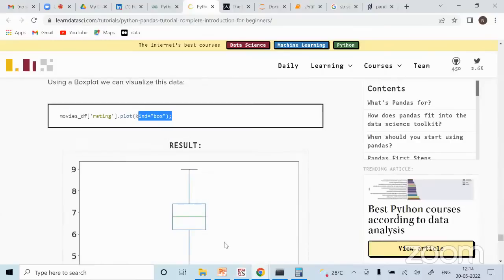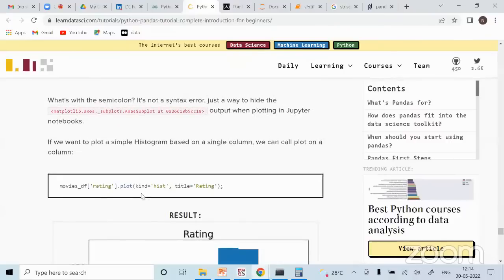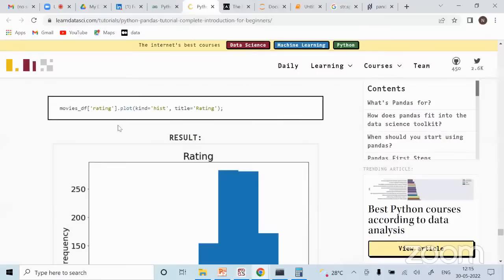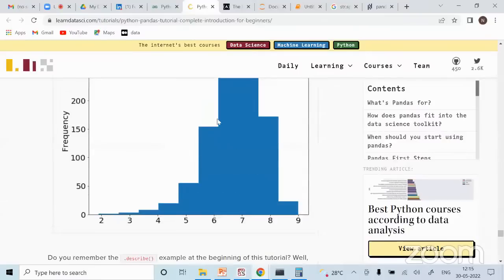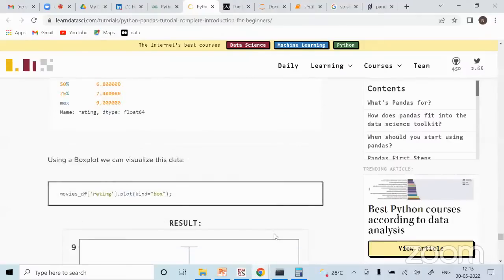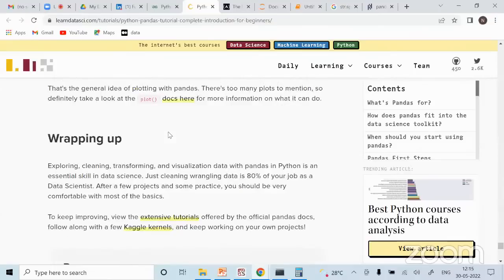I'm not going into detail on what a box plot is today because we have another session for that. For your knowledge, you should know that you simply give a column name, dot plot, and tell what kind of plot you want. If it is a histogram, you can type hist and you will get it. Box plot you will get, bar plot you will get. So it is up to you.